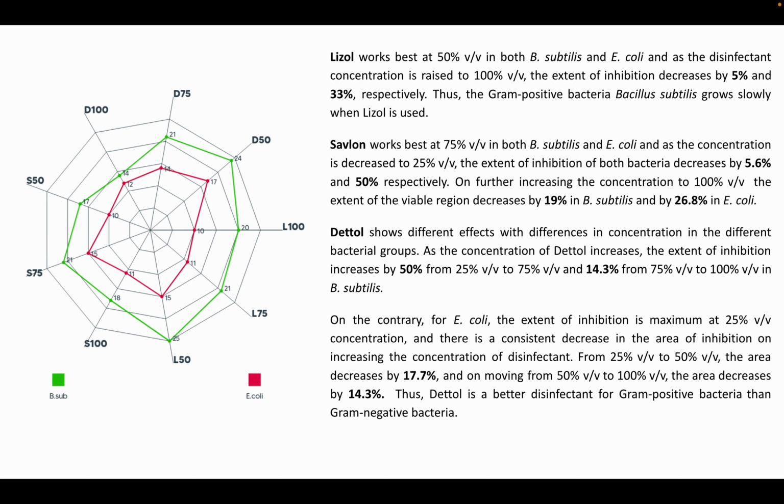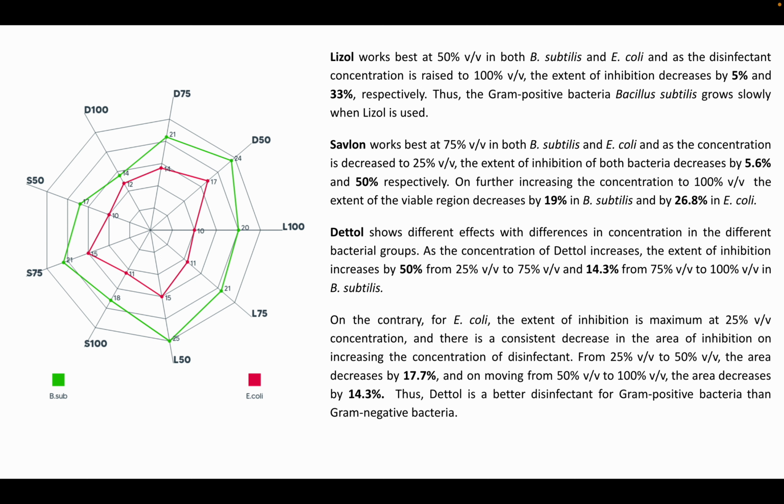Now, looking at this graph, we can see that Bacillus subtilis was more inhibited than E. coli. So we can draw a comparative conclusion from here that the disinfectants were working properly on gram positive bacteria, and were working less effectively at various concentrations on gram negative bacteria, that is E. coli. From this diagram, we can also come to the conclusion that Lysol